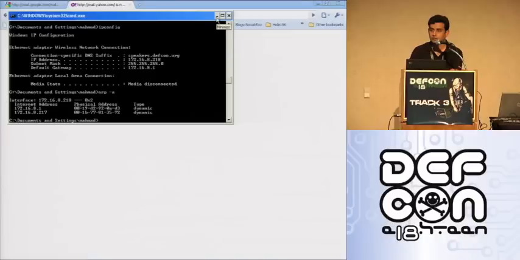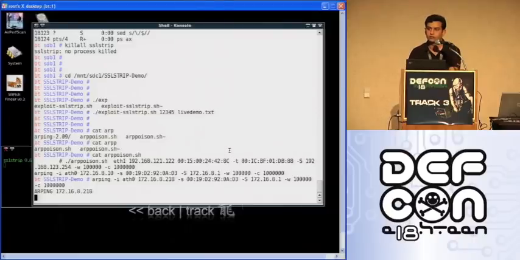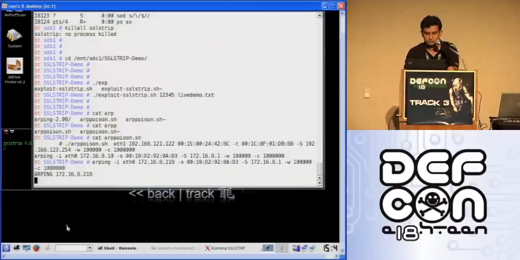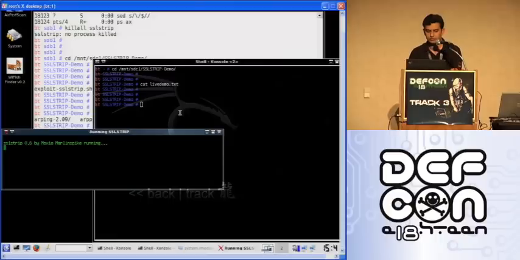Okay. So it looks like I've not been able to successfully run this SSL strip, but I was able to poison the ARP cache entry of a victim.